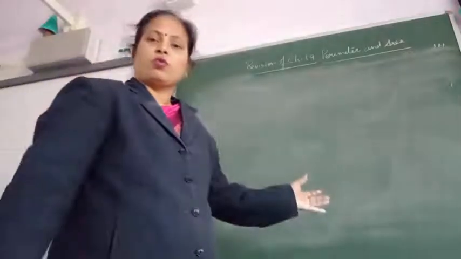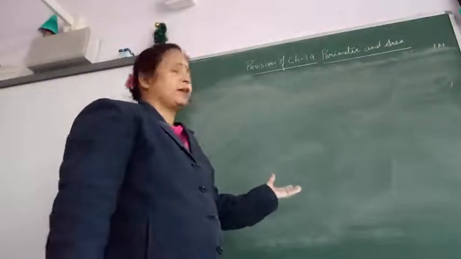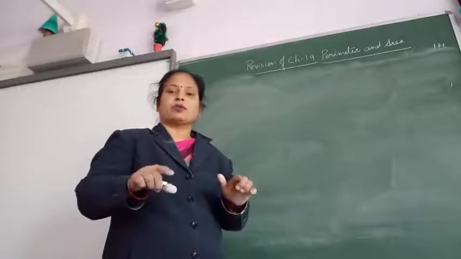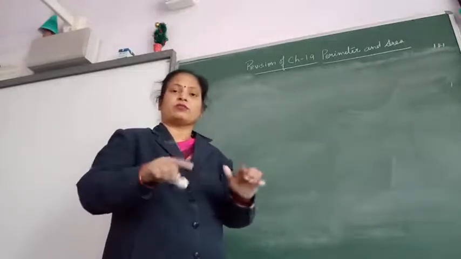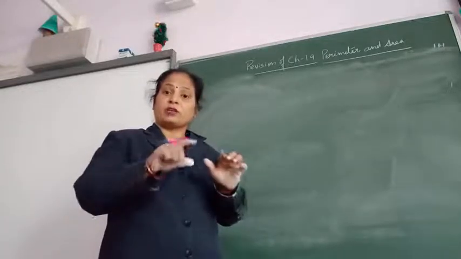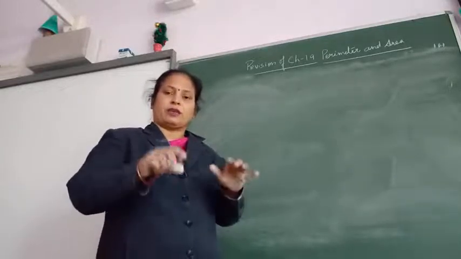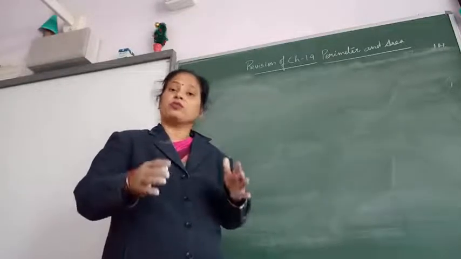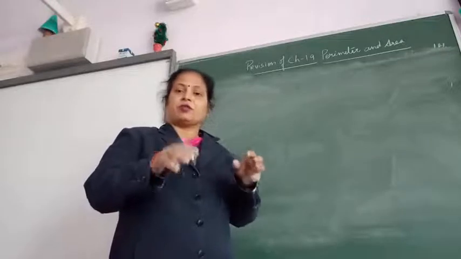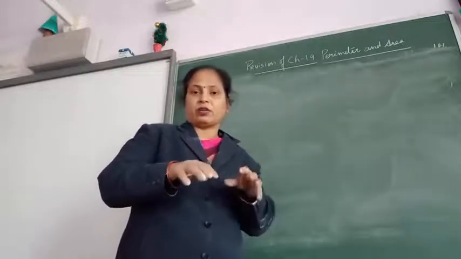So children, I hope you have understood what is perimeter and area, and what is the difference between perimeter and area. Perimeter is the length of the total boundary of a closed figure. Suppose you are fencing your house, so for that you will need perimeter. Okay, and if you are tiling your house, then you need the area of that. That is the measurement of the enclosed shape that you have to find out for the area.